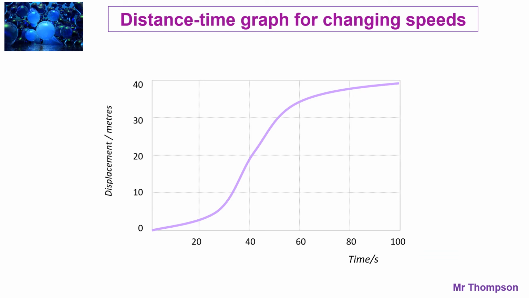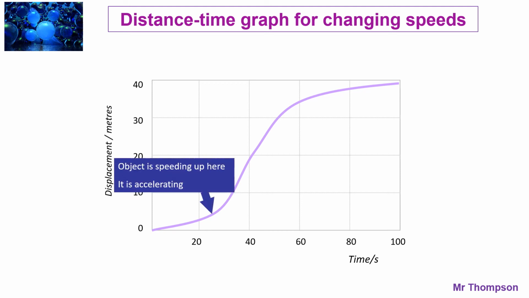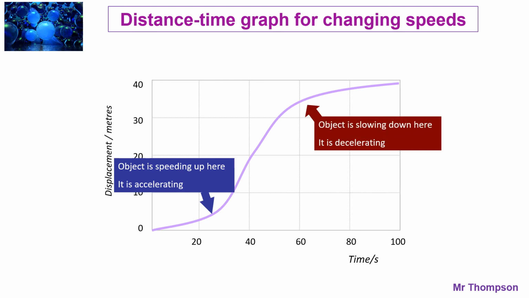Okay, what happens if you look at a real graph? A real graph, you wouldn't have perfect straight lines. So this could be a person running, starting from rest, they go quite slow, and then speed up, and you know they speed up because it curves upwards, so they're accelerating in this section here. Whereas towards the end of this race or this little run, the object is slowing down, so